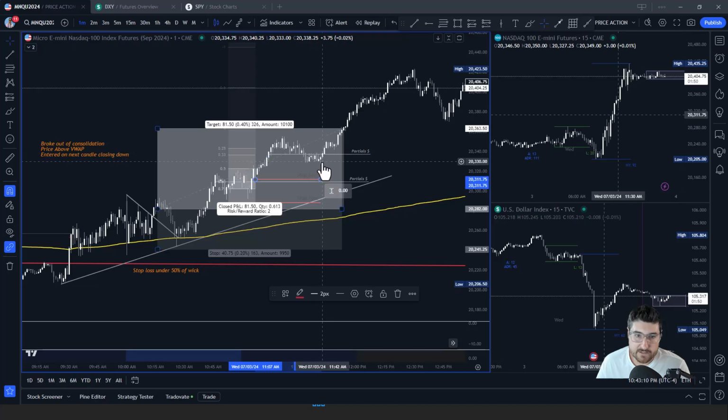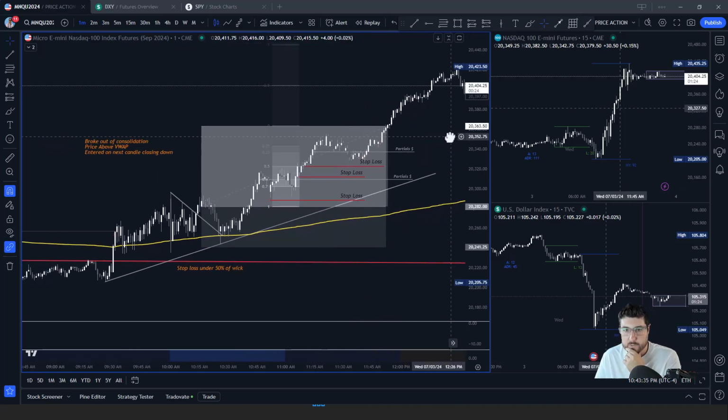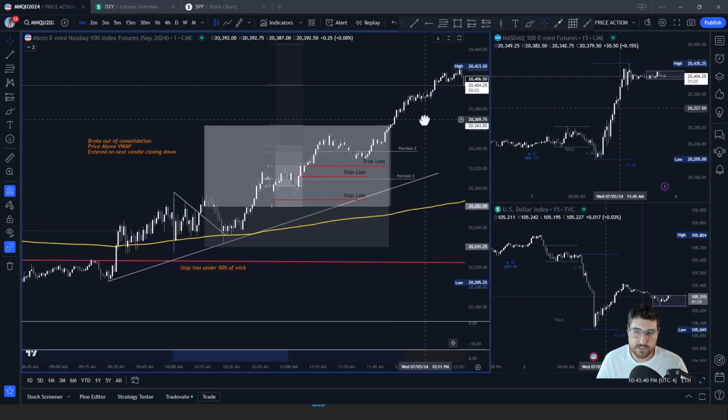Once it made this low right here, that's when I moved it up to just under this. So I wanted that and that. So I put it right underneath here. And then from there, just rode it out till it got to the top. So what you'll want to do now is take a screenshot, and I could also explain here how